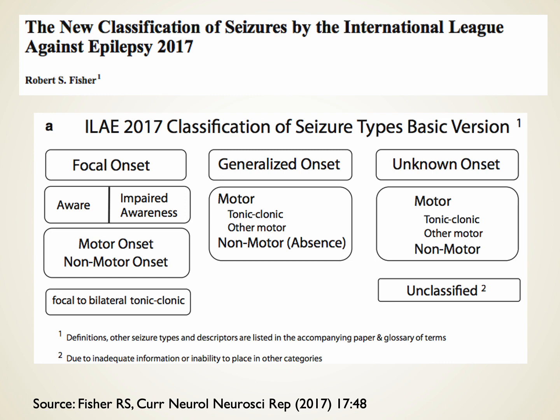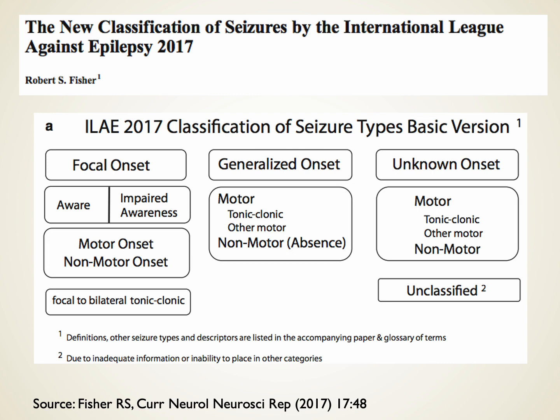The classification now includes primarily whether or not it is a focal or localized onset of seizure activity or a generalized onset of seizure activity, and then a third group where it's not really clear what the onset was. The focal onset generally has a very localized area in the brain where the onset of seizure occurs, and those are subdivided into whether or not the patient is actually aware of the seizure onset or whether there's impaired awareness by the patient of a seizure activity, and then further described as whether or not there are motor features or not motor features in the nature of that focal seizure activity.